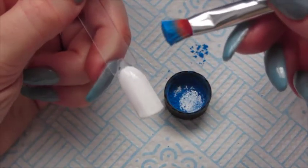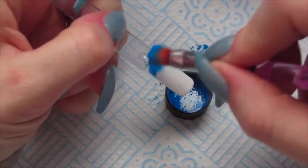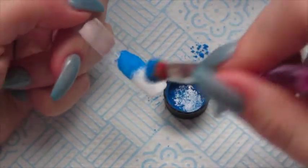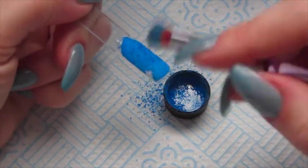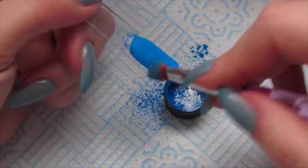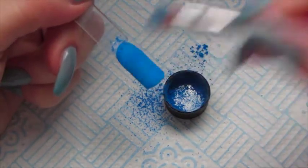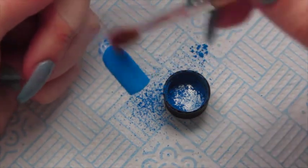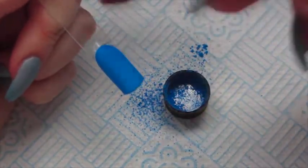So as you can see my brush is loaded, so I'm going to go from cuticle to free edge and I'm going to pat on. We're not dusting on, we are patting. And really make sure that your brush is loaded with pigment, covering the whole nail and all of that white. Like that. Then I'm actually going to get a fluffy dry brush, and with that just gently wipe off the excess,